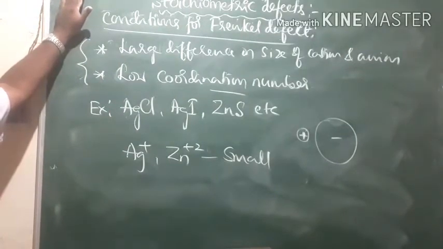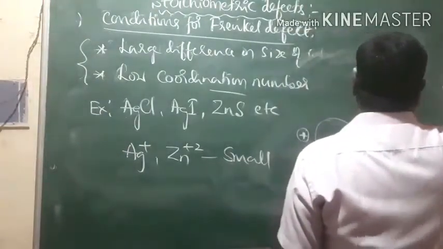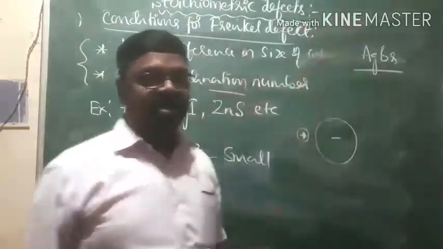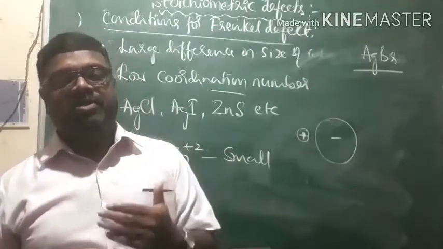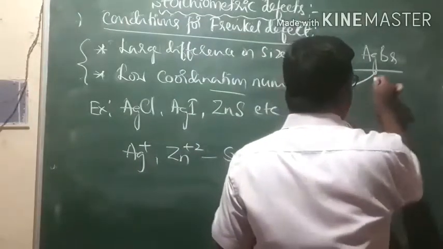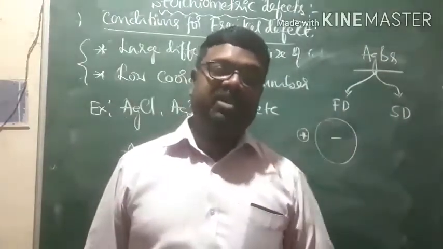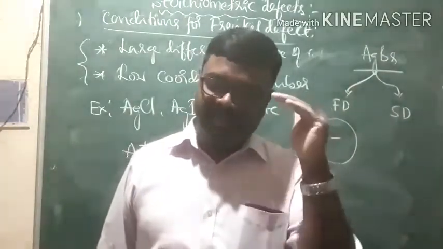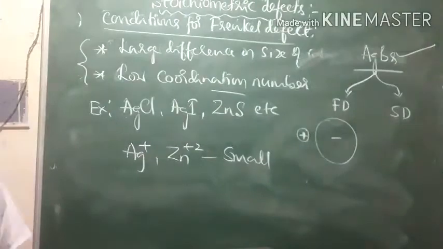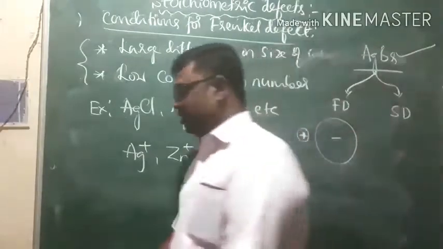And of course here I can give one example, and that would be silver bromide. You just note it properly, right? This is one such ionic solid which will satisfy the conditions of Schottky defect as well as Frenkel defect. Because of that, this will undergo Frenkel defect as well as Schottky defect. You may expect one question like give an example for the compound showing Schottky defect as well as Frenkel defect, and that will be silver bromide.